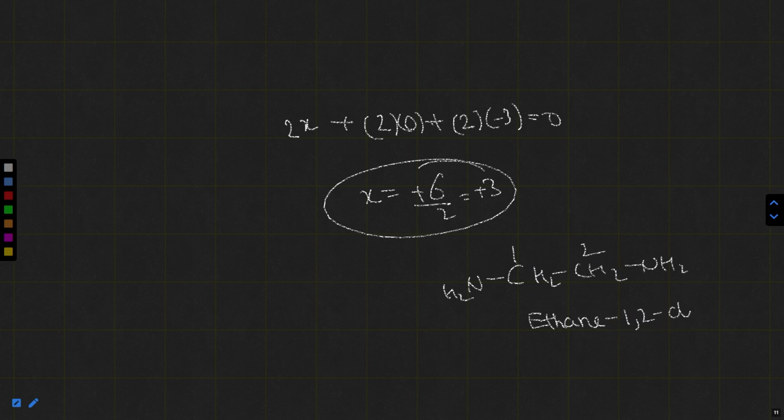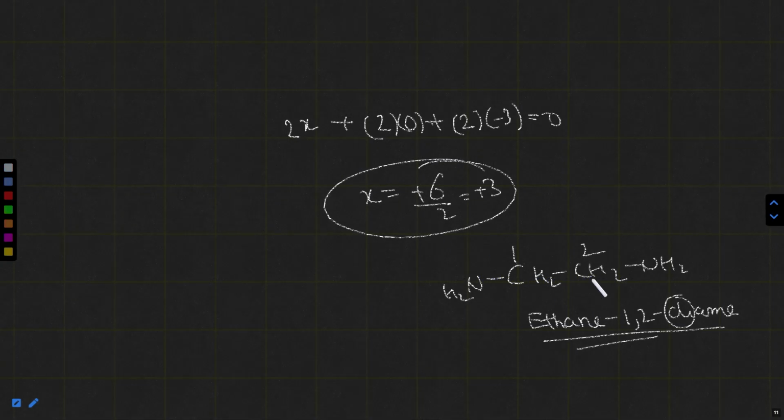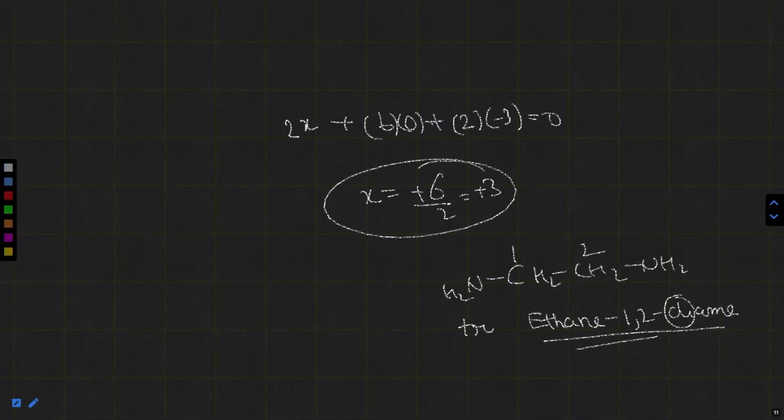So 1,2-diamine. Now this already has a di in it, so we cannot use this. Since 2 of such are present, we cannot use di, tri again as a prefix. Therefore, we have to use bis and tris. So there are 3 such present. So we'll write tris,